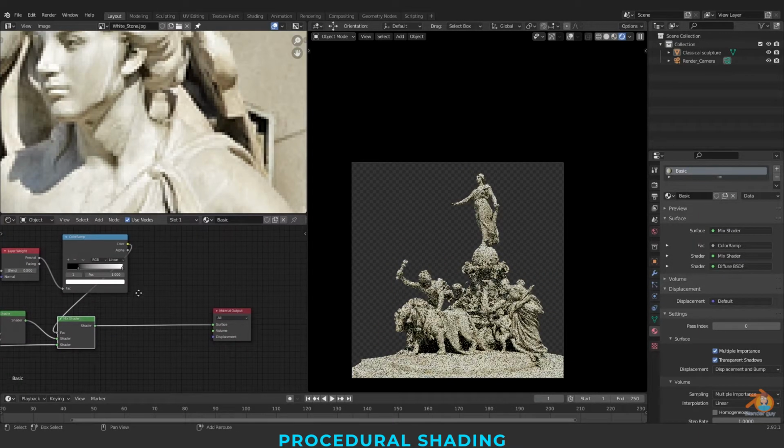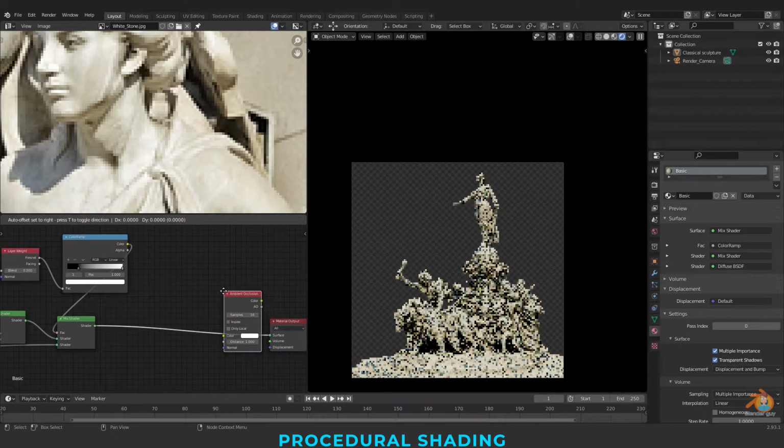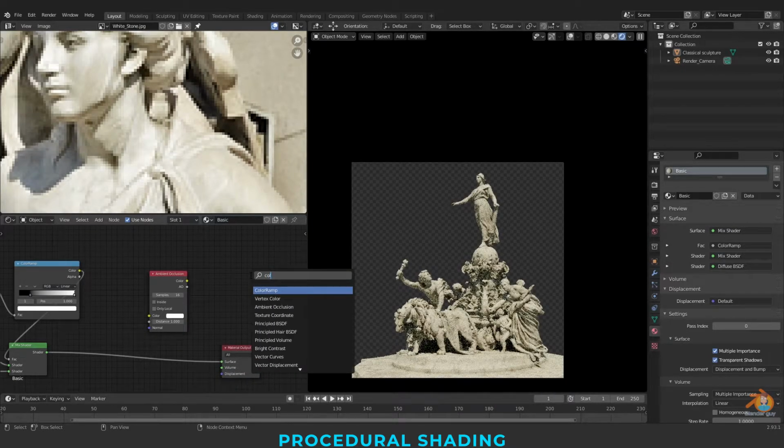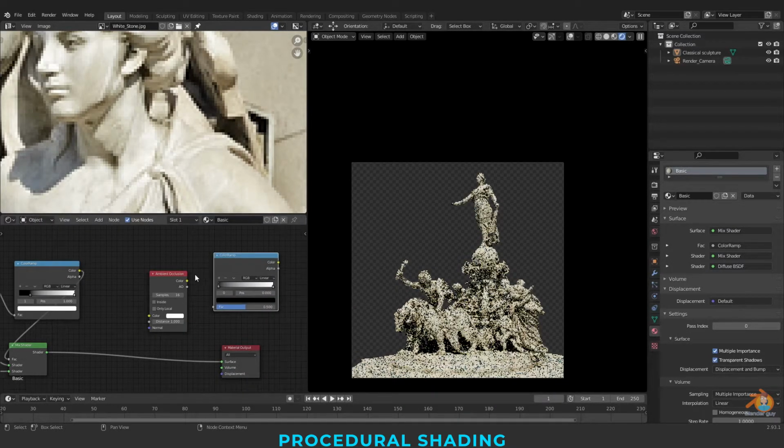And also I would like to add one more occlusion for overall dust. So occlusion, I'm taking color ramp, connecting this, checking this.